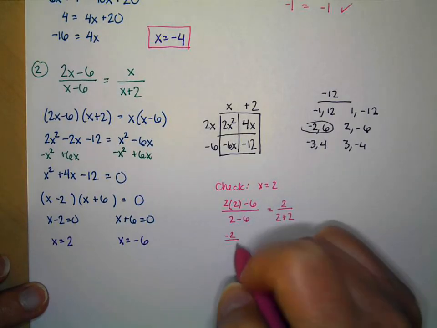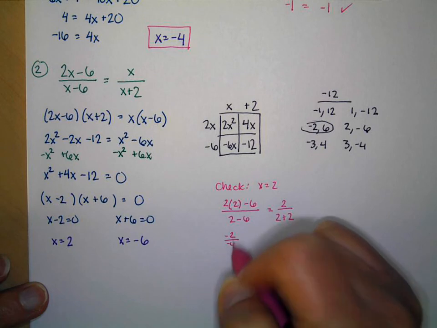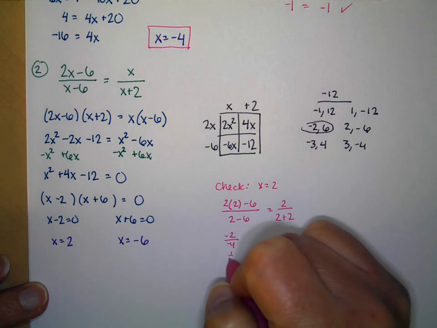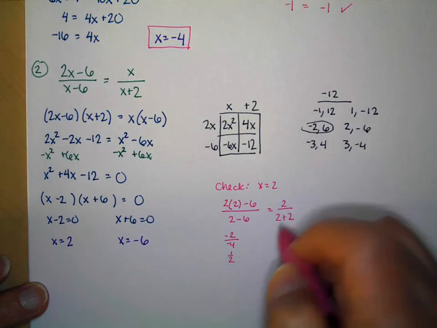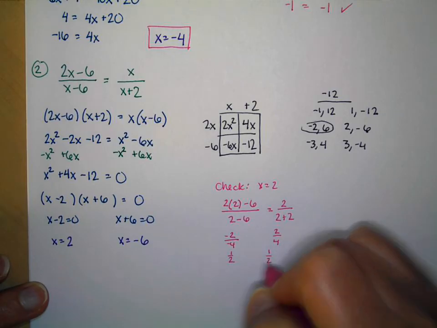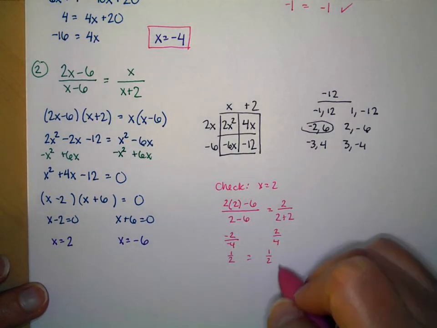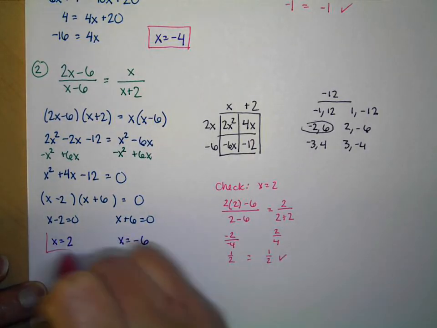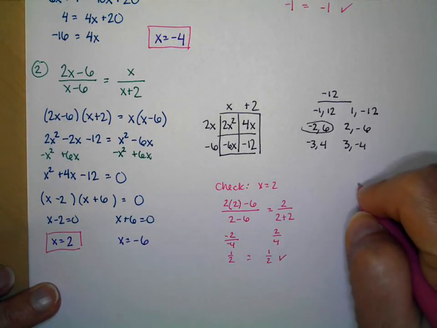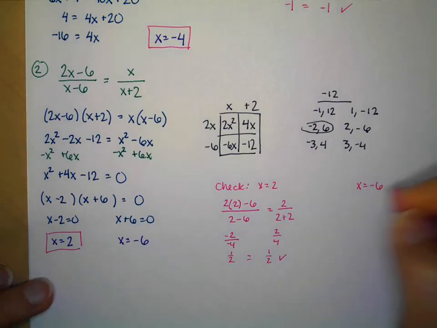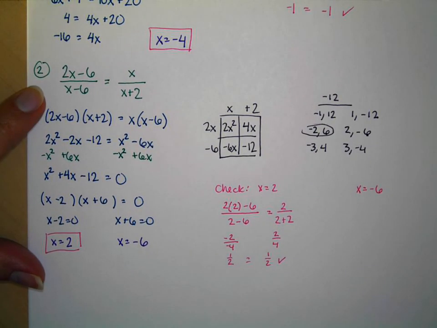over 2 minus 6 is negative 4. Negative 2 divided by negative 4 is positive 1/2. On this side, 2 plus 2 is 4, so I have 2 over 4, and 2 over 4 is also 1/2. Our two sides are the same, so I know this answer worked. x does equal 2. Let's check if x equals negative 6. If we substitute negative 6 in for all of